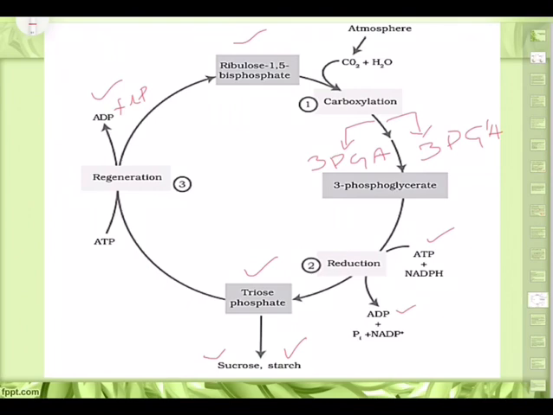And to regenerate RuBP, in the regeneration step, ATP will be utilized again to form ADP plus, of course, inorganic phosphate. And this utilization of ATP ensures that RuBP will be there continuously. As a result, in the cycle, RuBP keeps on getting regenerated,